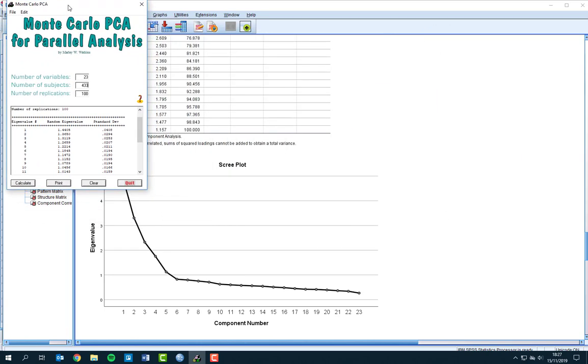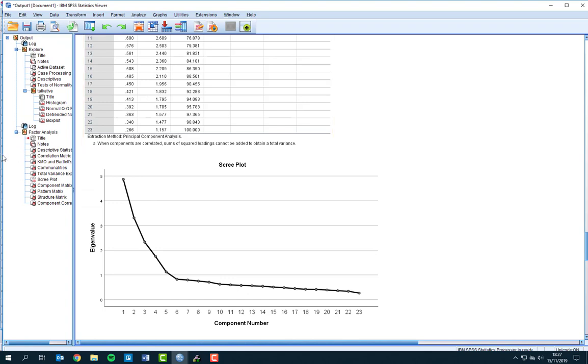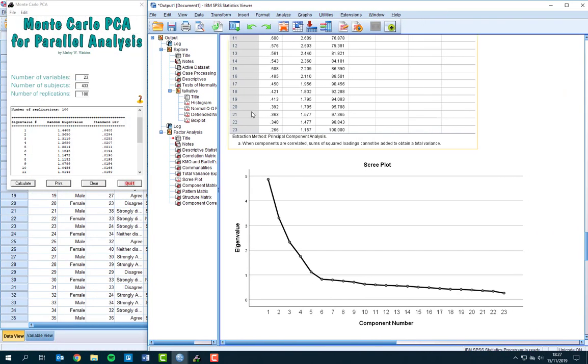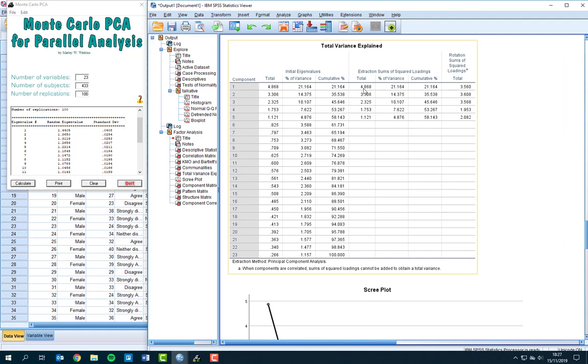So I'll just pop that there, and that next to it. What we need to do to help us decide whether 5 factors makes the most sense is look at the random eigenvalues and the eigenvalues we've observed. Now, if our eigenvalue is larger than one that would be expected purely by chance, then it's safe to say that there's something going on, that it is a substantive factor, that it is doing something meaningful, that it makes sense to keep it. So the first factor or component, as SPSS calls it, the eigenvalue that we have identified is